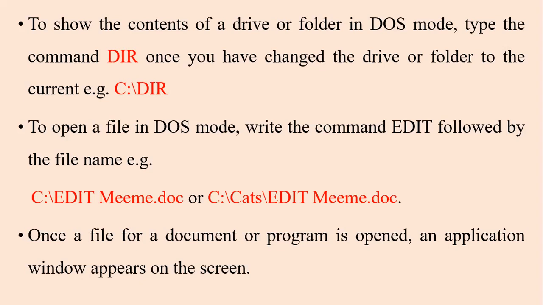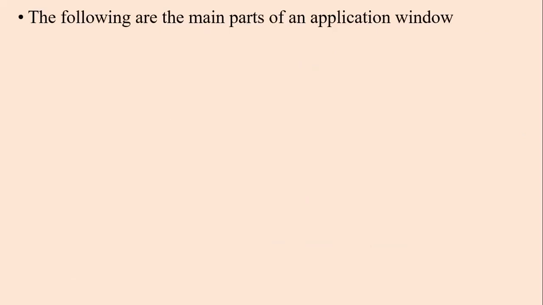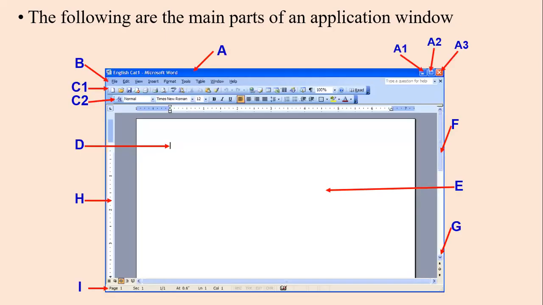Once a file for a document or a program is opened, an application window appears on the screen. So the following are normally the parts of an application window in graphical user interface operating systems like Windows 10 and others. So every window or most of the windows have various parts. Like in this case, we have part A all the way